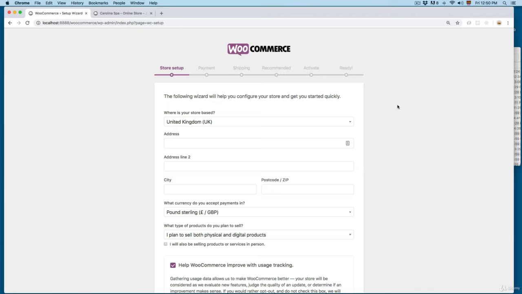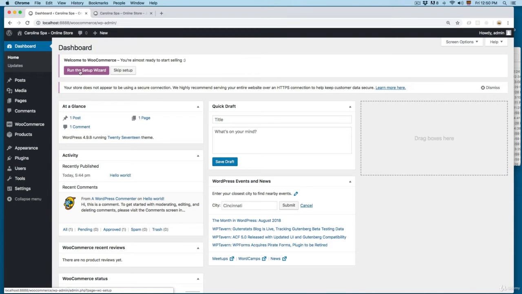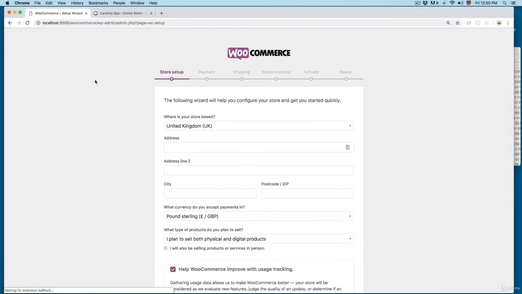Once the plugin is activated, it's going to open this, and this is called the wizard. Maybe sometimes it works and sometimes it doesn't. So if you have this screen, you can leave this open. In the case that it didn't do anything, I'm gonna open again the WP admin. And from here you can find this button that says run the setup wizard. So click here and it's going to open the wizard. Sometimes it works once you activate the plugin to open the wizard, and sometimes it doesn't work really well.